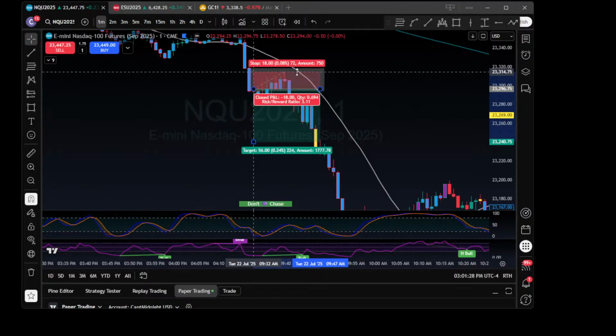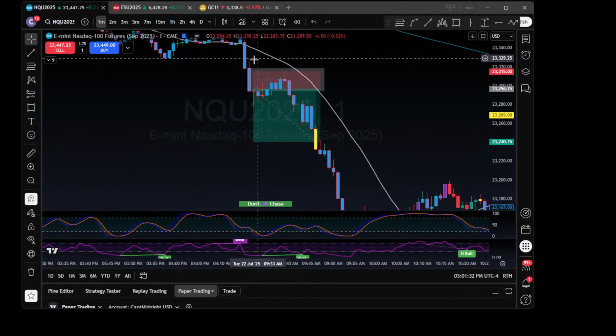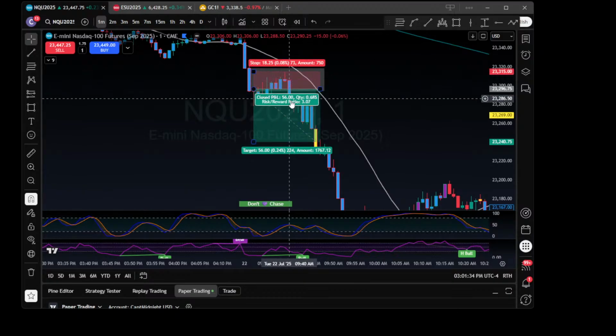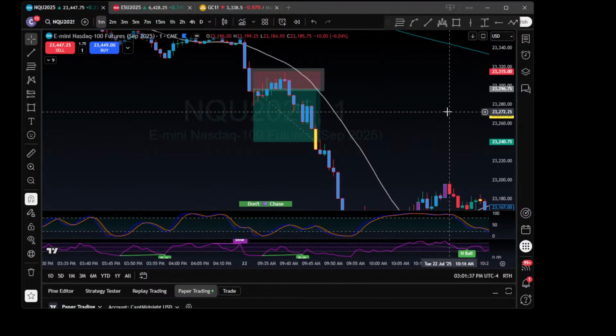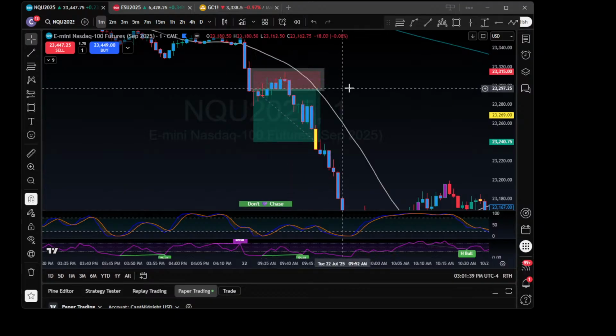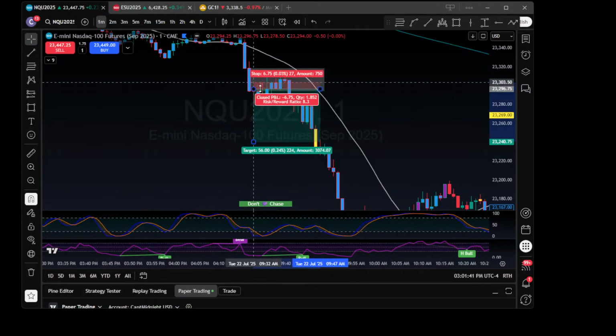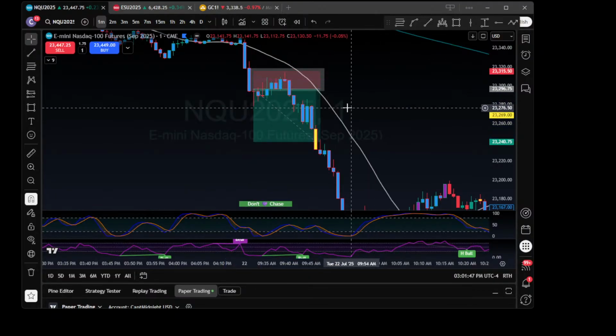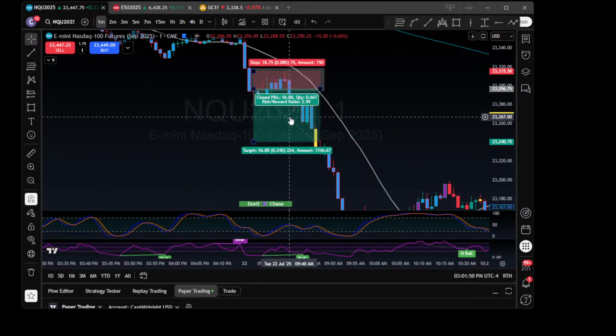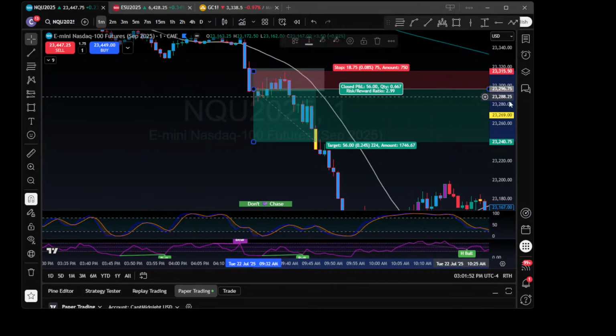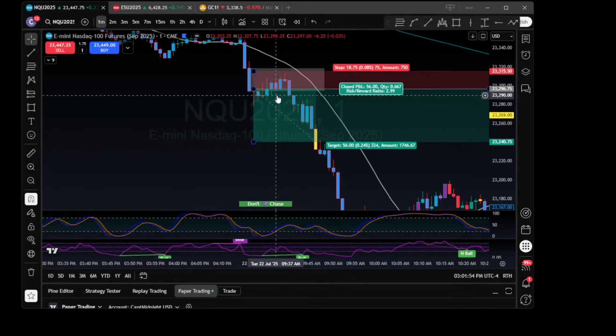Once it made that swing high, some people would like to do this. Boom. Now you've cut your risk. Your risk was up here. Now it's here. Now that this is a breakaway gap, you can trail it. Okay, let's get you out of the way. You can trail it here and then wait for it to make its swing low.